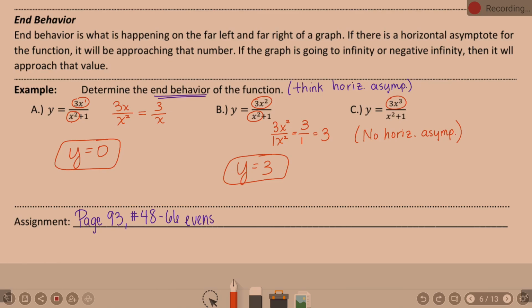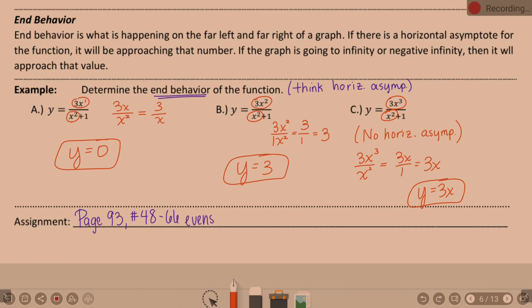It was 3x to the third. What's the biggest power on bottom? X to the second, x squared. Reduce that. What can you divide out here? An x squared. What's left? 3x over 1, or in other words, 3x. So y equals 3x. So our end behavior is y equals 3x,